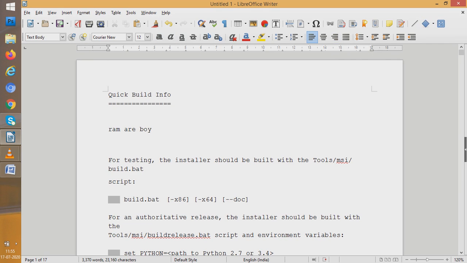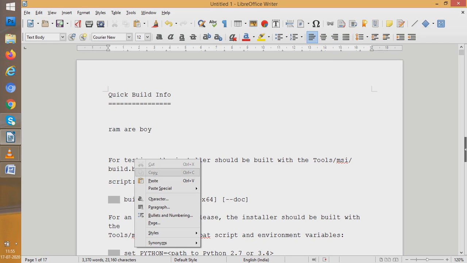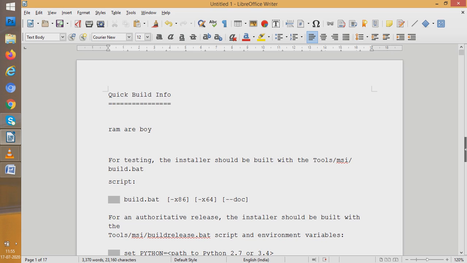Even when you right click something on the document, you get options like character formatting, paragraph formatting, and you can do formatting from here also. So many options are there. You can go for menu bar, you can go for formatting toolbars, you can go for the context menu by right clicking it, and you have the keyboard shortcut also. What is keyboard shortcut? For example, I want to make the word testing bold. I'll use Ctrl+B. Now it becomes bold. So this is keyboard shortcut we use. So many options are there.